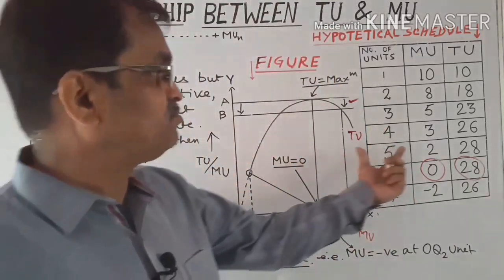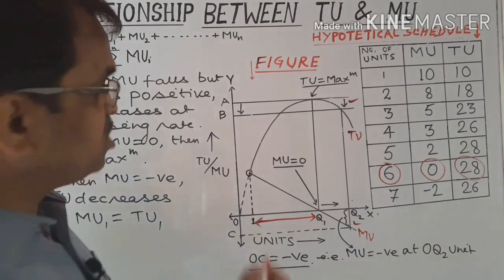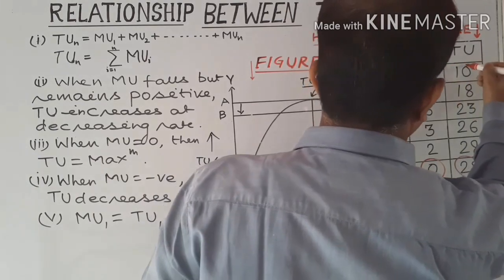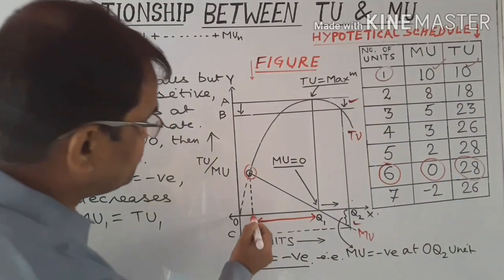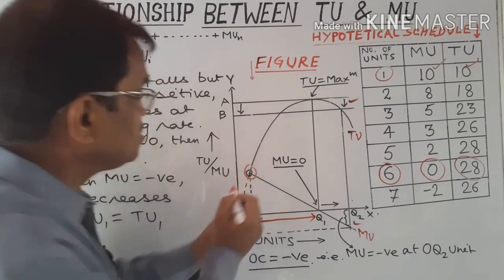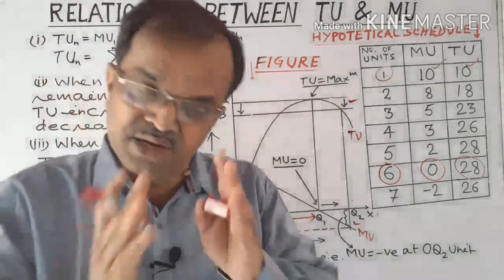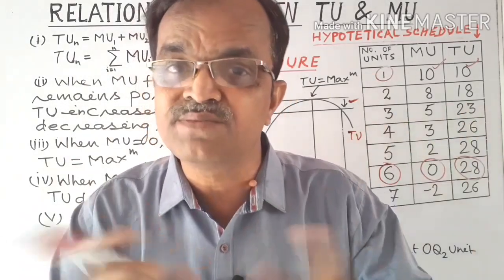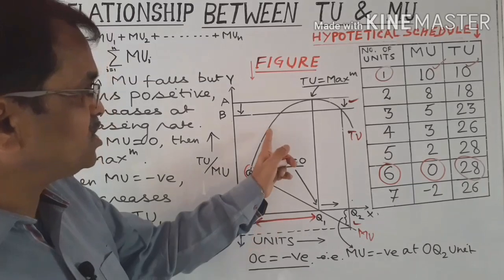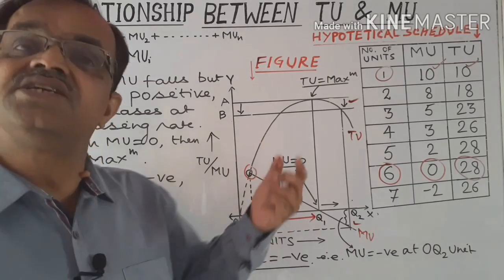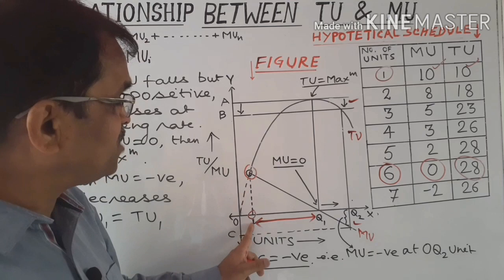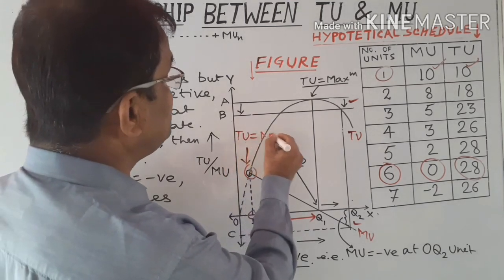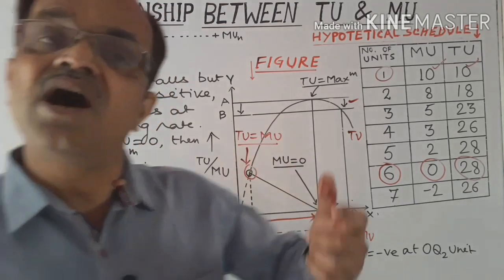Now, on the basis of the two explanations, what we observe is the first part. This is the first unit of consumption, marginal 10, total 10. Here also this is the first unit of consumption. Both the curves intersect. In the graphical part, whenever two lines intersect, at that point the two quantities become equal. Here the same situation is there. Whenever the total utility and marginal utility curves intersect at a point, at this first unit, TU is equal to MU. Both the quantities are equal.